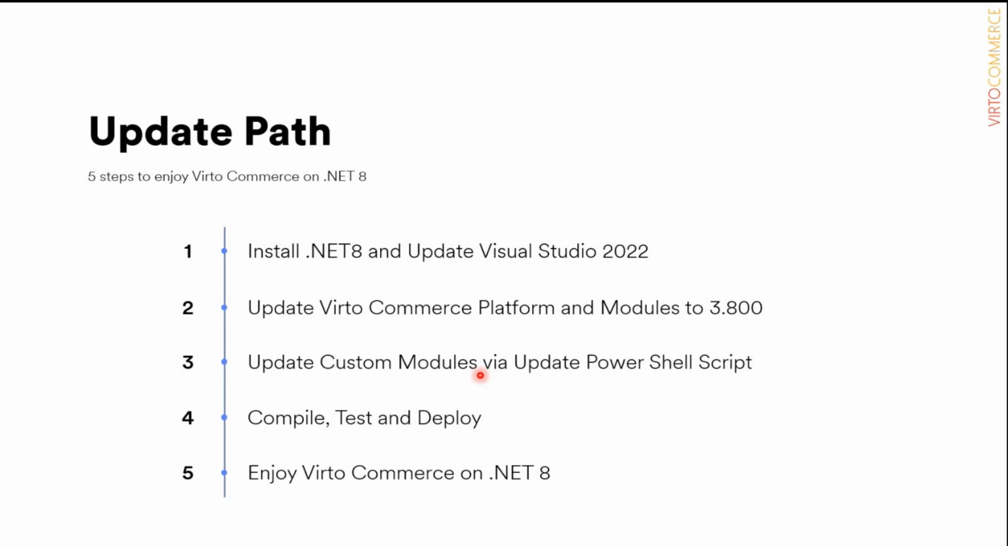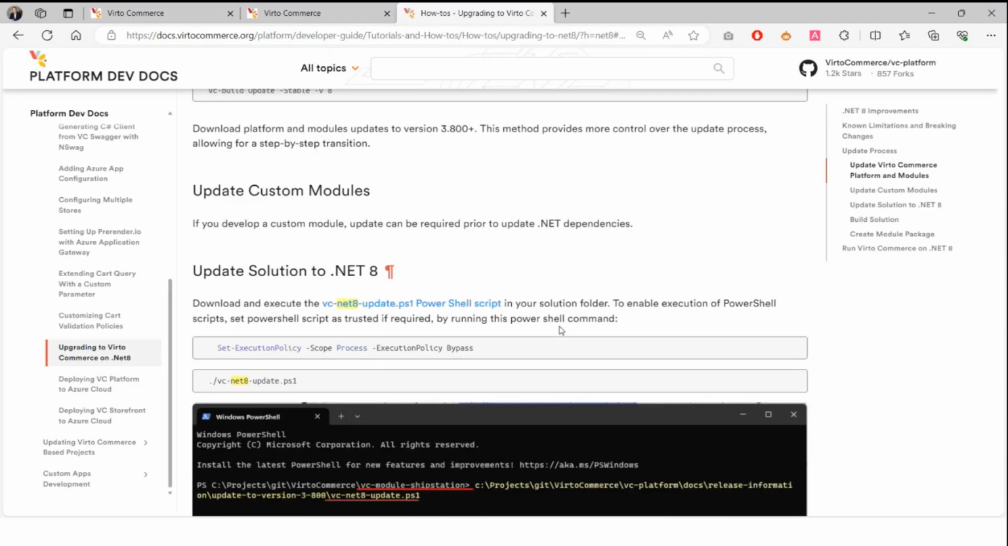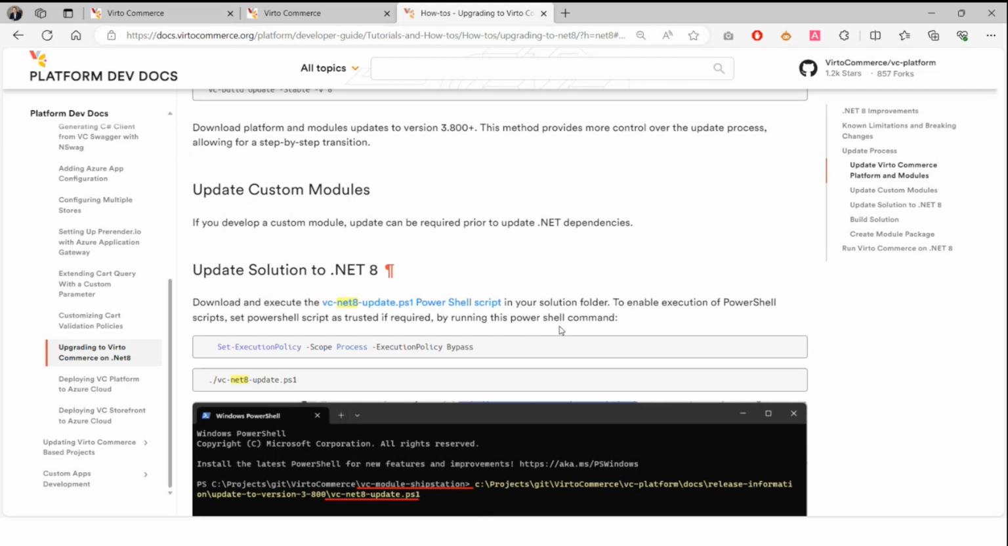For some reason, the existing model can work properly, but we found some breaking changes or limitations that you can meet during the launch of your custom modules on Virto Commerce, and maybe an update of these custom modules will be required. As part of this webinar, I prepared a straightforward path for how you can update a custom module, and I will demonstrate how we update our core Virto Commerce modules to .NET 8. Honestly, there's no difference between a custom module and a Virto Commerce module,